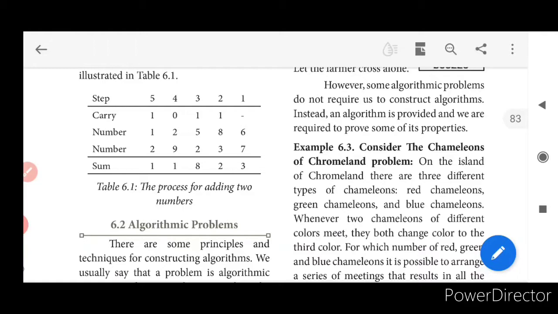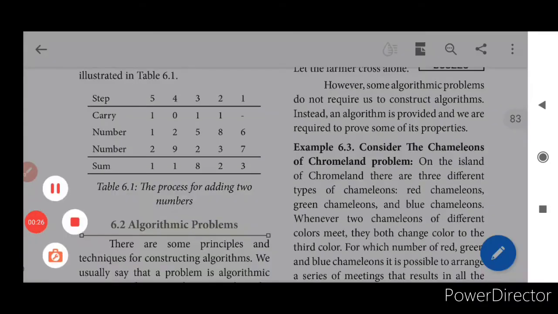In last class, we saw an interesting topic, right? We saw the goat, farmer, grass problem, isn't it? As well, we saw chameleon problems, isn't it? It was very interesting, isn't it? So this lesson is all about algorithms. Now let us proceed with the next topic.